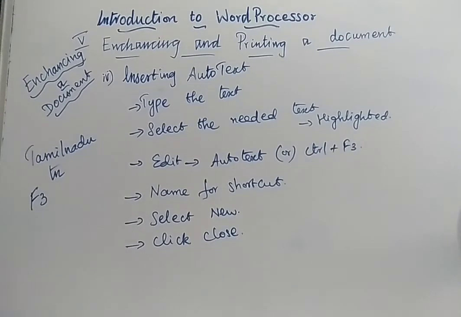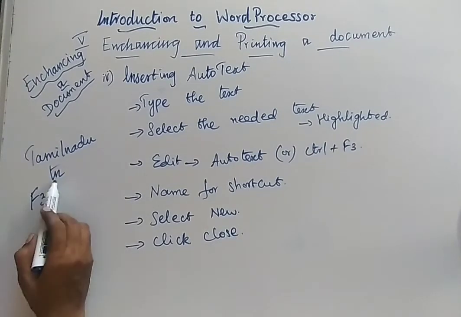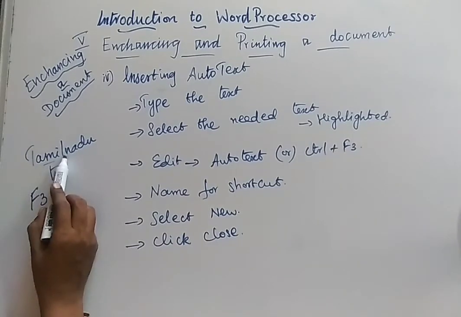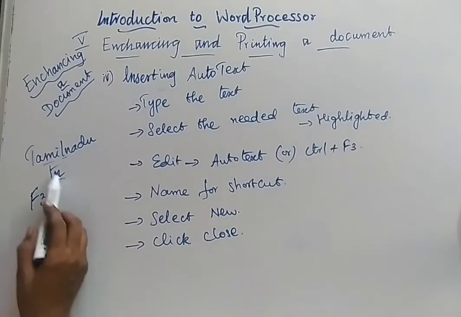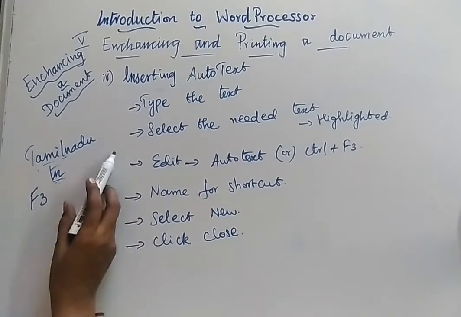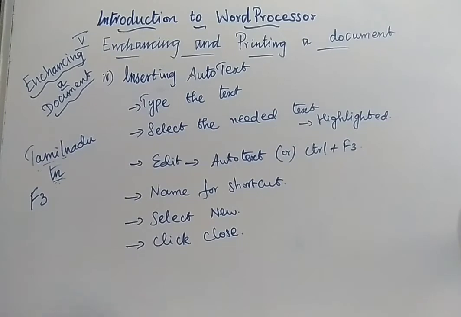So automatically the name, for example this TN, is assigned with the words Tamil Nadu. So when you type TN, it will be replaced with the words Tamil Nadu. This is the procedure to follow. While you are typing in the document, start typing the short name and press Control F3. The names will be displayed as a set for you. From that, select the needed one and press the Insert button. Okay? So automatically everything will be done for you.